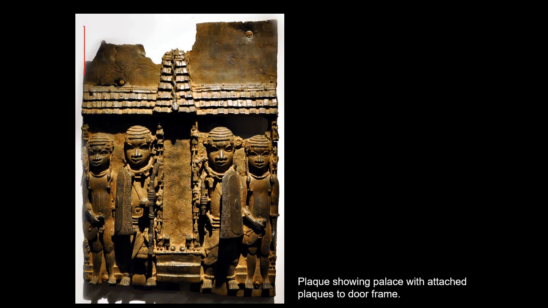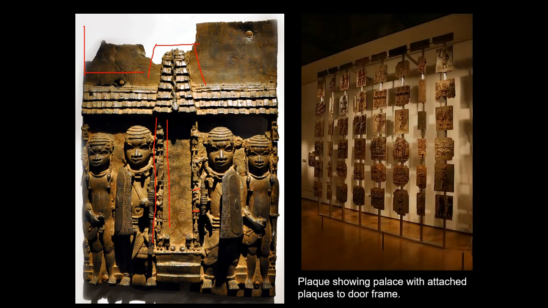There's only a few things that show what this might have looked like in its glory. Here is a plaque, but this plaque seems to show a house, and this house has a pavilion over it, and it has two piers, two kind of door frames. And notice the door frames have little figures on them. That's what those plaques are. So this is plaqueception. We have a plaque with little plaques represented inside of it. So all of these plaques would have covered the doors and etc.